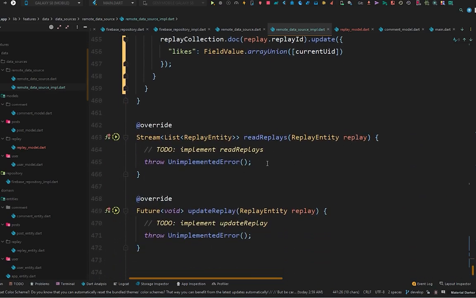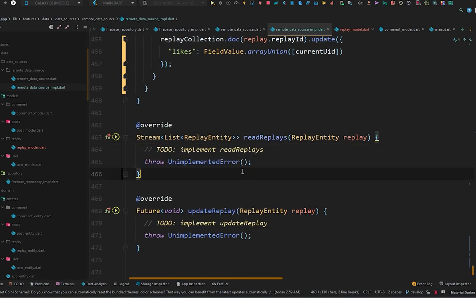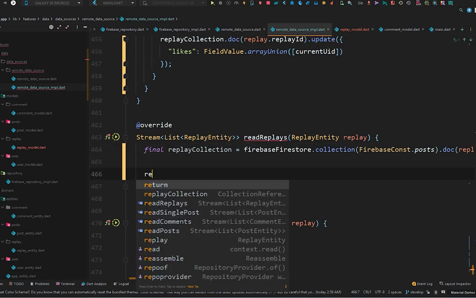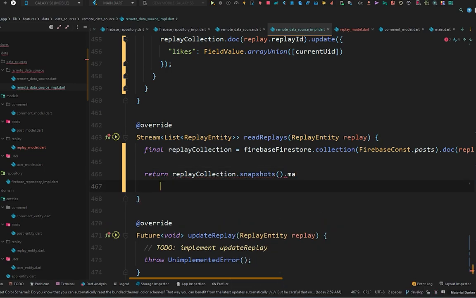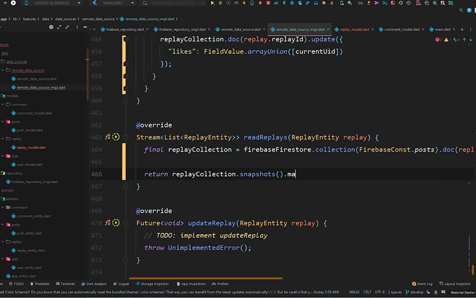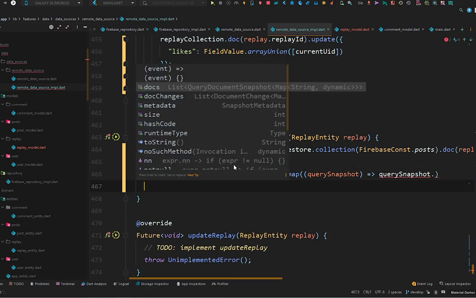So its feature, we are not going to make it asynchronous. First we need the reply collection, paste it right here, and then simply returns the reply collection dot snapshots, map the snapshot. This will give us, or map it like this, this will give us the query snapshot, and we will do query snapshot map string dynamic dot document. So this will give us the list of query document snapshot,